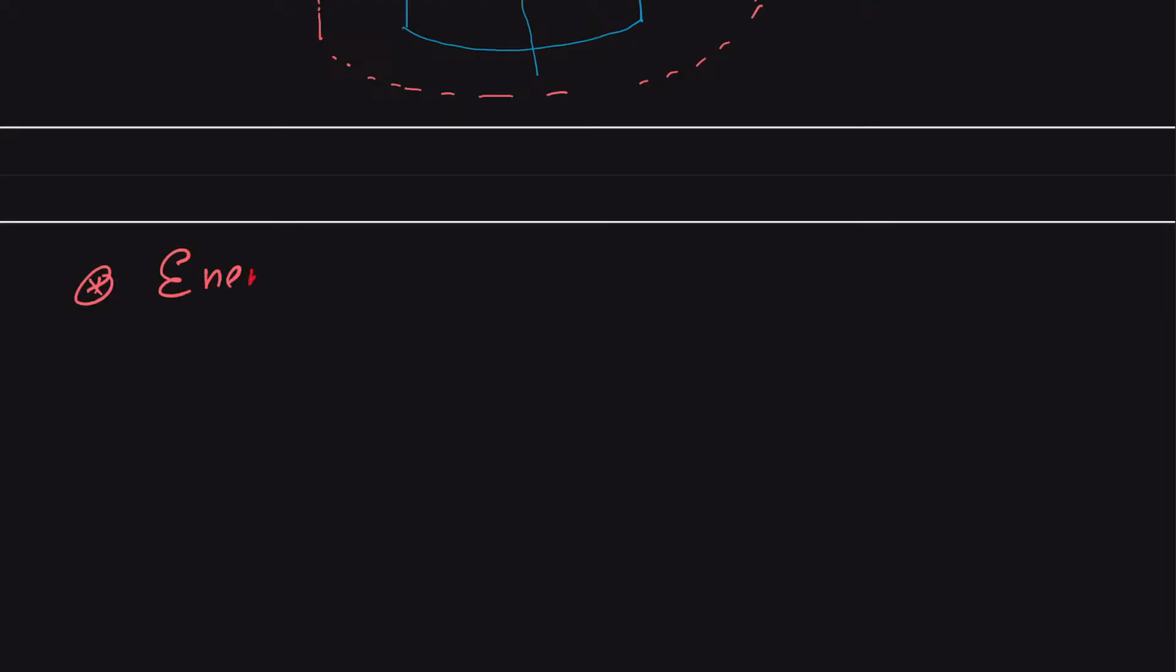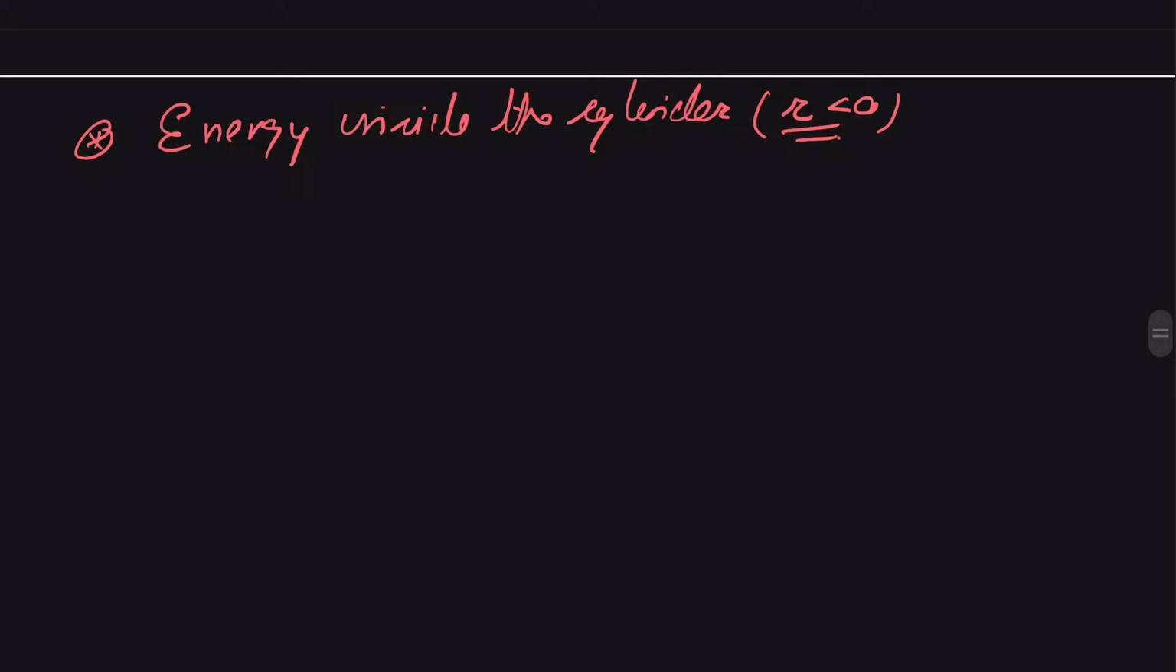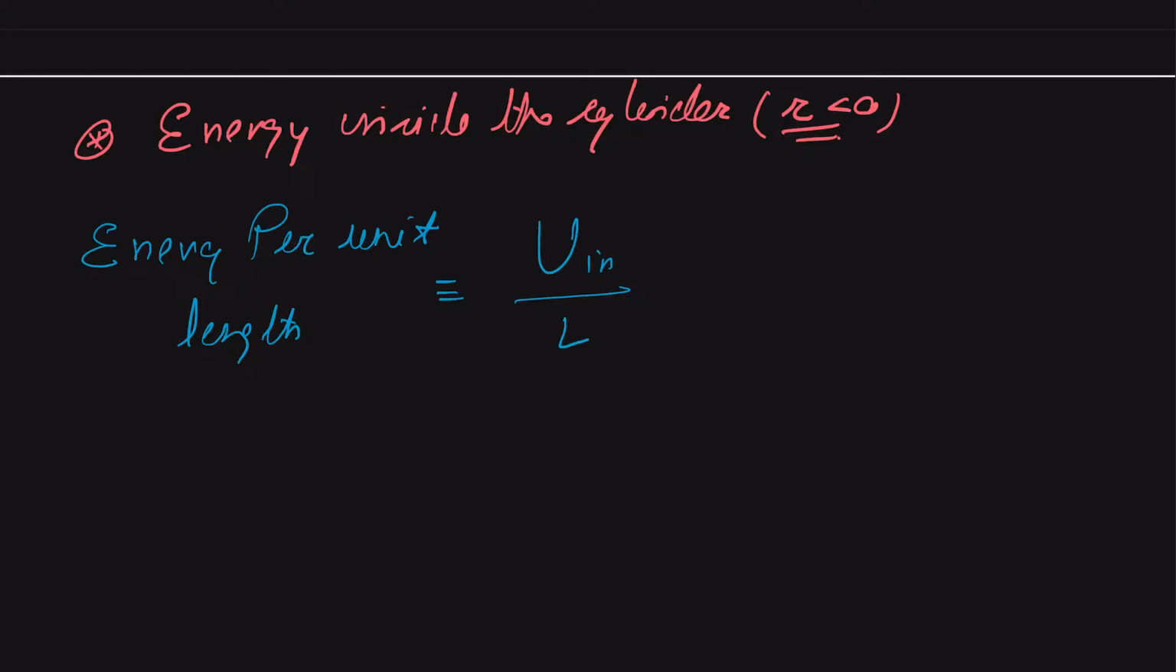So we can say our energy inside the cylinder, it means when R is less than A. And we are going to discuss the energy per unit length. Let us call this energy U inside the cylinder, and per unit length will be